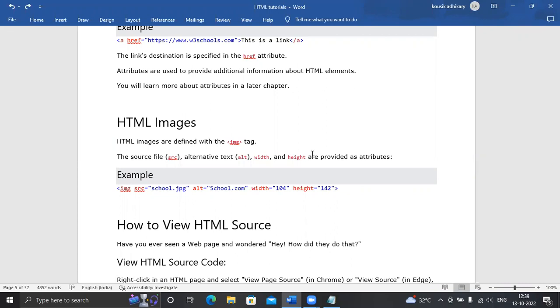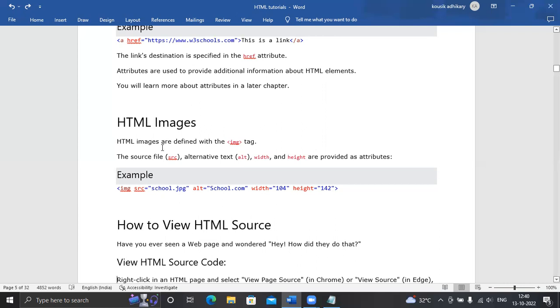If you are watching any tourist website, from where you can plan your tour, say to Simla or Darjeeling, that website has lots of images.